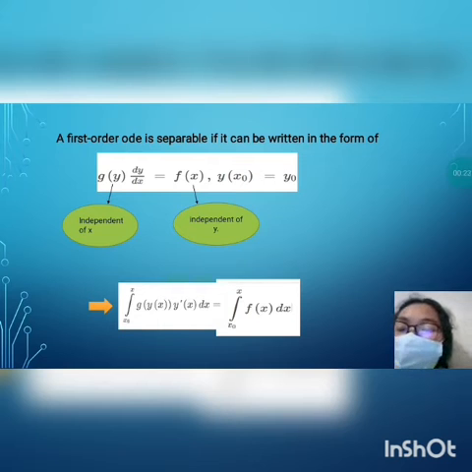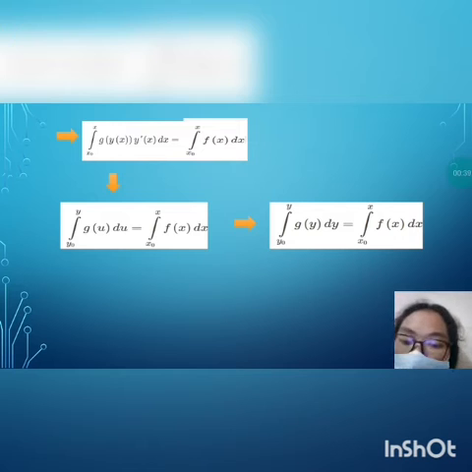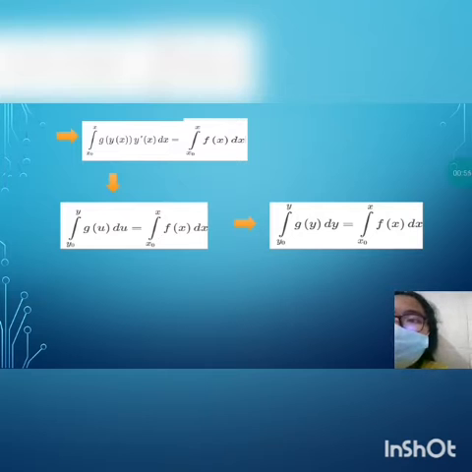So integration from x sub 0 to x of g of y of x times y prime of x dx is equal to integration from x sub 0 to x of f of x dx. So in order for that to transform, we have to substitute y of x into u and y prime of x dx into du, and change the upper and lower limit of the integration. So we change it to y sub 0